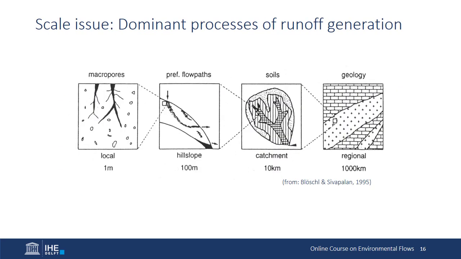Not only the climate influences the dominance of different runoff processes, also there's a scale issue in a temporal and spatial scale. If we focus on the spatial scale and zoom in into a local plot scale of 1 × 1 meter, we see that there are processes important about macropore, distribution of pores, connectivity of pores, matrix flow. If we go one level up, on the hill slope scale, if we talk about 100 meter, then we talk about preferential flow pathways, about extent of saturated areas.